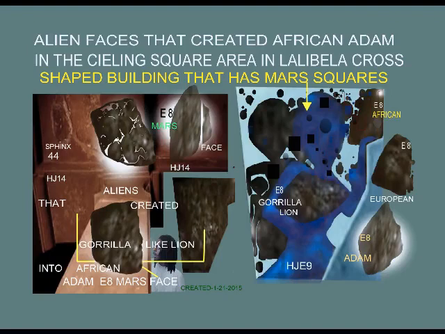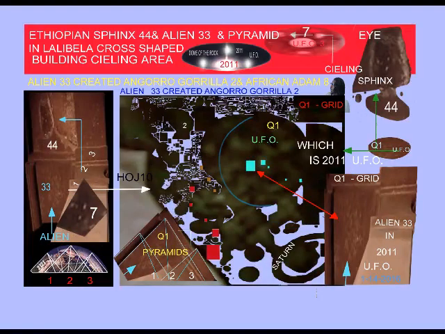The area that was left formed the square. The square is so deep that if you jump down in it, and once you reach the bottom of the cup, you're looking up from the cubic dimensions of New Jerusalem. Why? And how do we know this? Because every cube has a square for a ceiling, a square for a floor, a square for a left and right wall. So when we reconnect Lalibela ceiling image of a Sphinx 44, we see an African pyramid that has